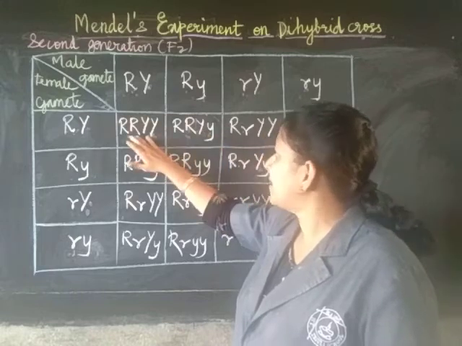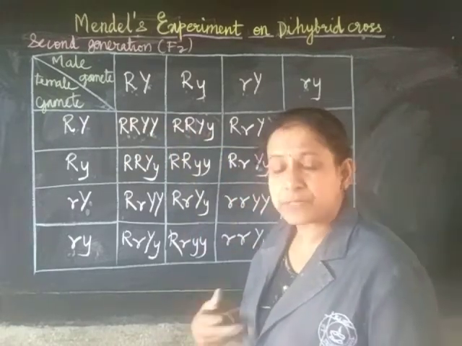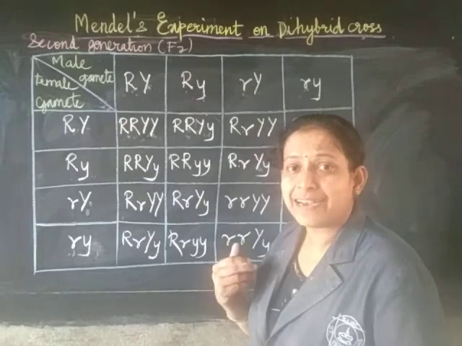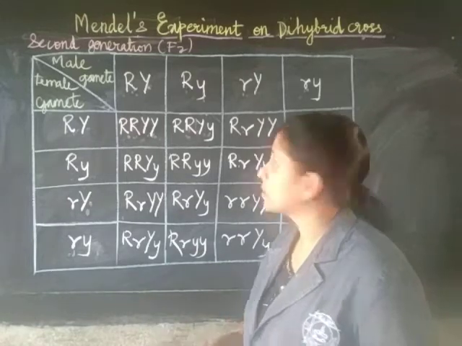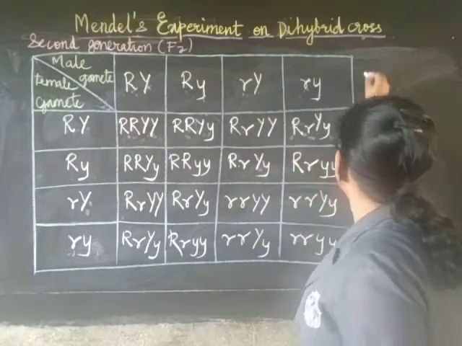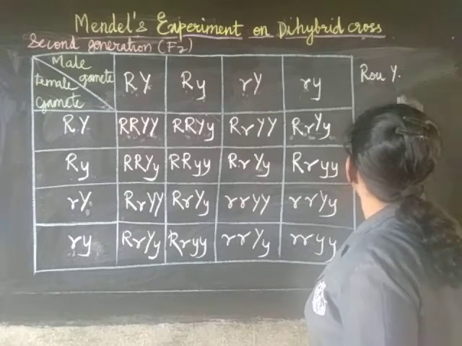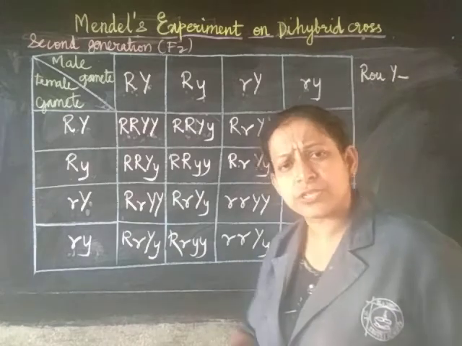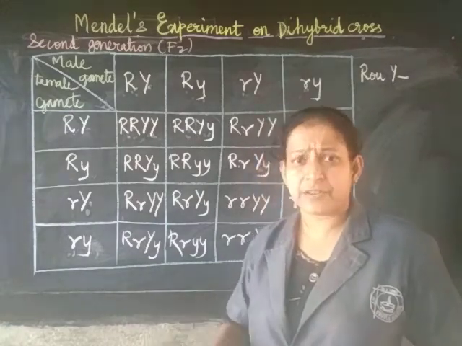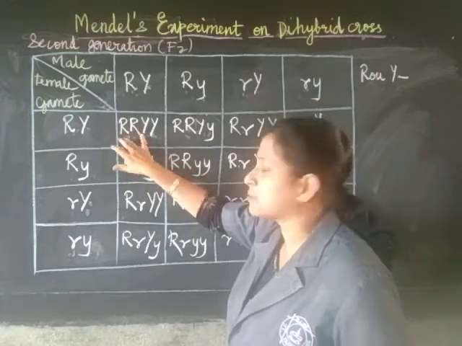That means when they will be phenotypically expressed, how many will be wrinkled and how many rounded and yellow? Let's see how many are rounded and yellow. Okay, so let's write that, rounded and yellow. How many are there? In short I will write here. So rounded and yellow, let us count. Whether it is homogeneous or heterogeneous, that doesn't matter. What is the phenotypic ratio? Phenotypic ratio means the appearance.